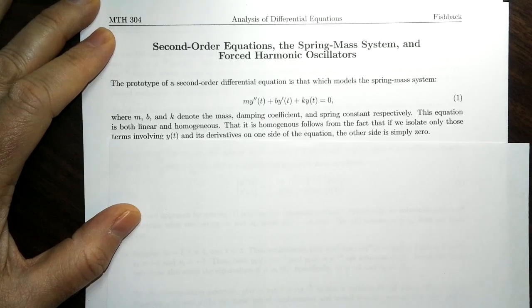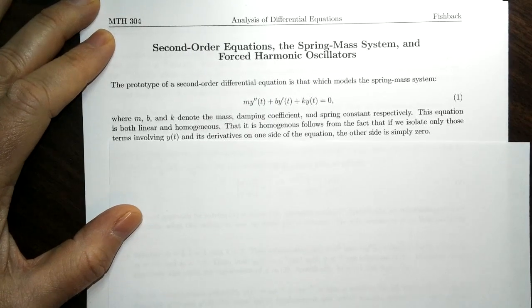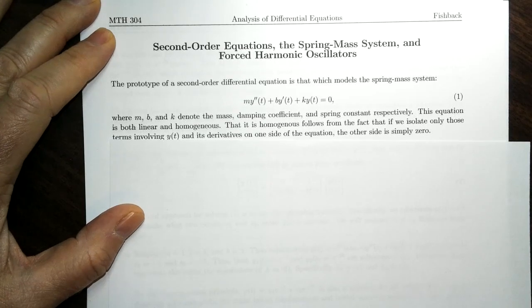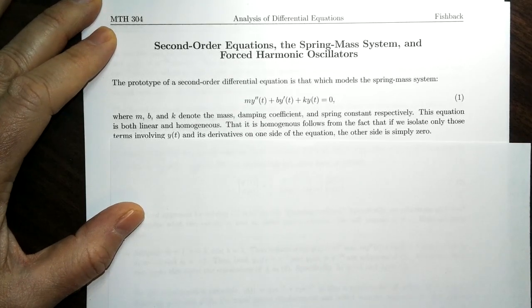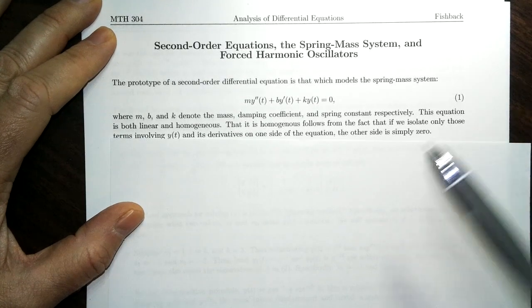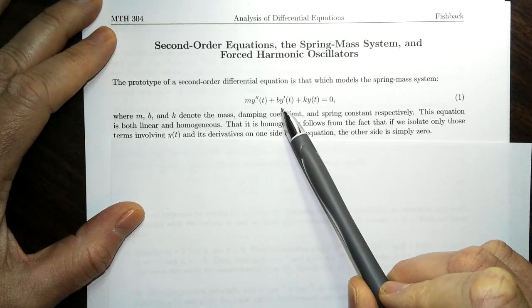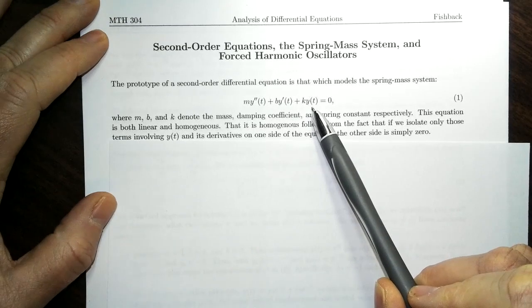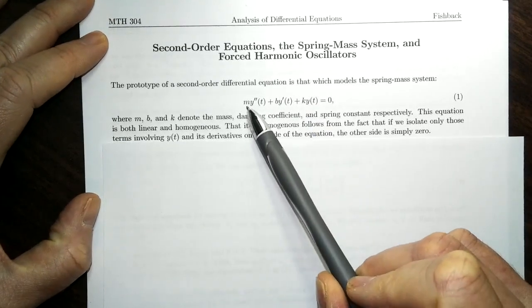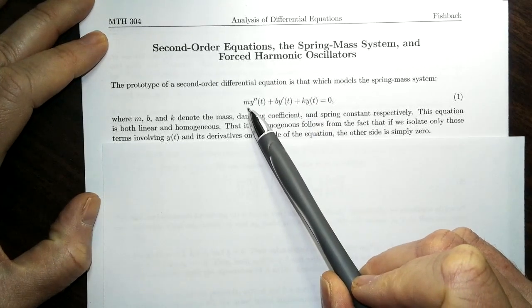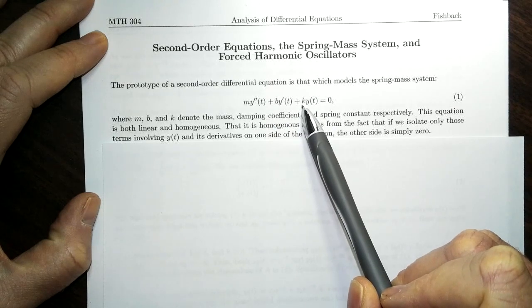In this video, we're going to discuss what's known as the second order forced harmonic oscillator. So we're going to go back to the spring mass system. This is a second order linear differential equation, m times y double prime plus b times y prime plus k times y. Now you may recall that we have a spring, and k is the spring constant, which measures how